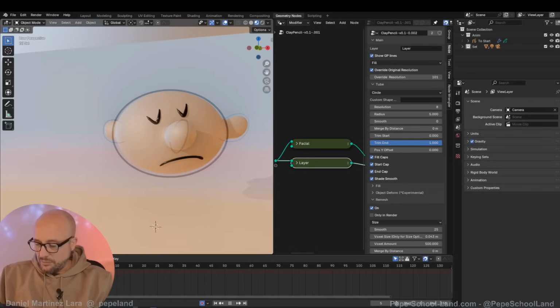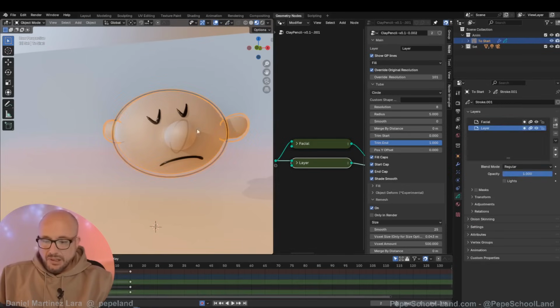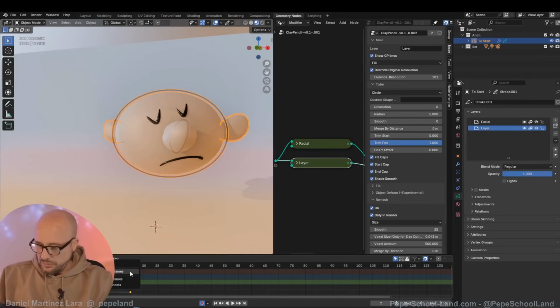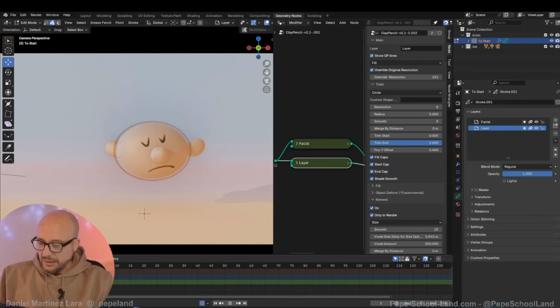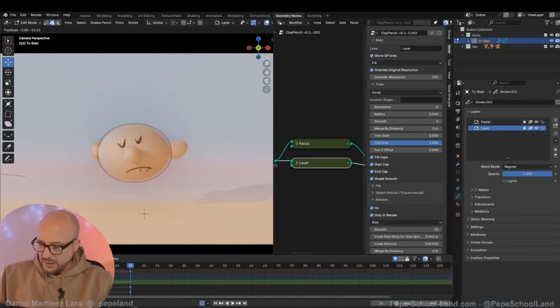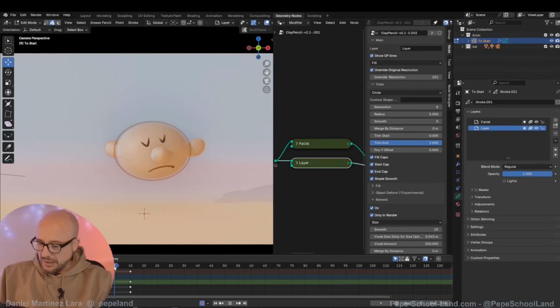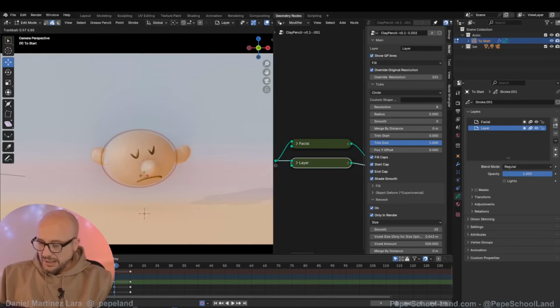Okay, and now make some quick animation. Let me put this layer, the head layer, only in render option to have a nice playback. And now I want to delete this one. I'm going to edit mode, select all the lines and make something like move this to this. Okay, here in the middle to turn the head,